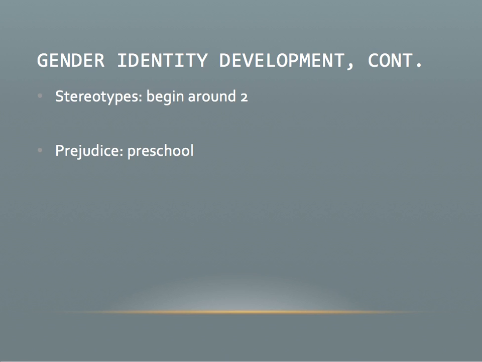Nonetheless. So, in prejudice, in preschool, some children report feeling more positively about their own sex. And studies actually differ on age trends, depending also on the measures that are used. But when children exhibit gender norm violations, generally kindergartners will do one of three things. They will either correct them, they will ridicule them, or they will use identity negation. So let's walk through what the three of these are.